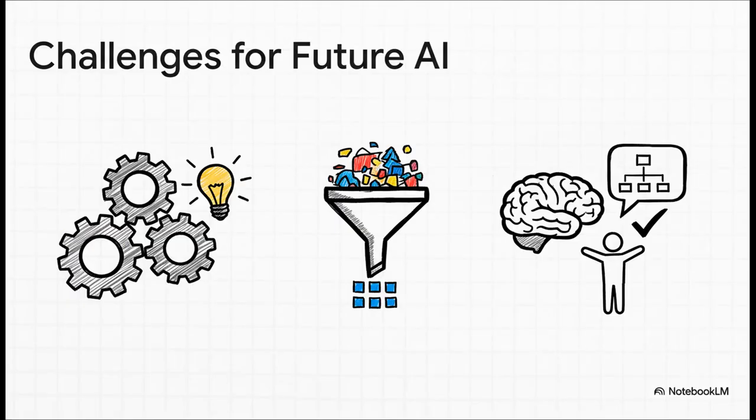And that leads us to the biggest challenges that researchers are tackling right now. First, building that true causal inference into these models. Second, getting them to really understand the messy, unstructured context of the real world. And finally, a huge one, making their conclusions explainable so that we humans can actually understand and trust why an AI came to a particular decision.